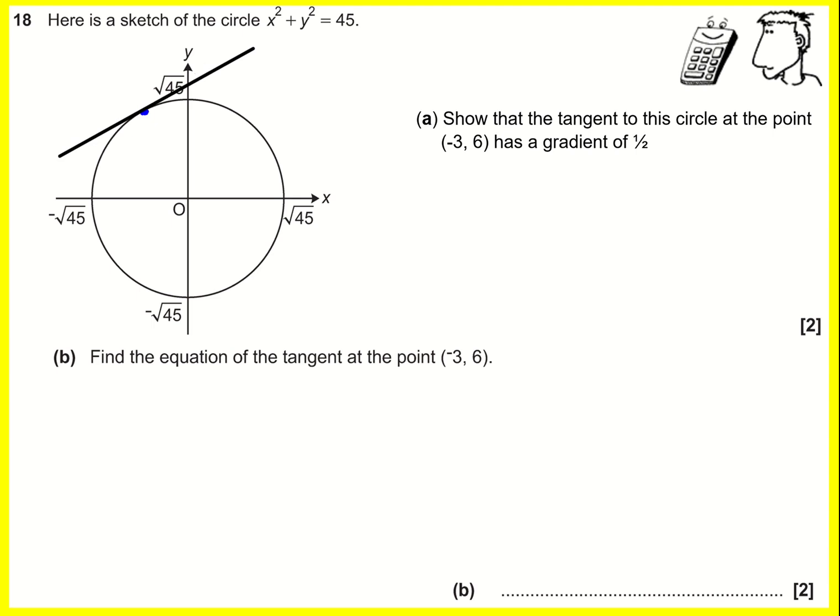And then we're interested in the gradient of that, but we don't have two coordinates. So how can we figure it out? Well, we have to use the fact that this is the radius, and the radius is at a right angle to the tangent. And then we're going to use the fact they're perpendicular lines. So we've got (-3, 6), and actually we do now have another coordinate because we've got (0, 0). So the radius gradient